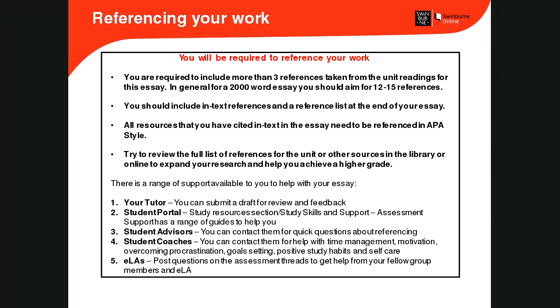probably the biggest thing I want you to take from my part of this session tonight is keep referring your ideas back to the essay topic. Use the phrasing from the essay topic and from the assessment details to ensure that you're connecting to the key criteria of the task. If you can do that, you'll find each paragraph links back to your topic and links back to the concept you're discussing, and there will be this great flow that makes absolute perfect sense to us, and that's really what we want to see.